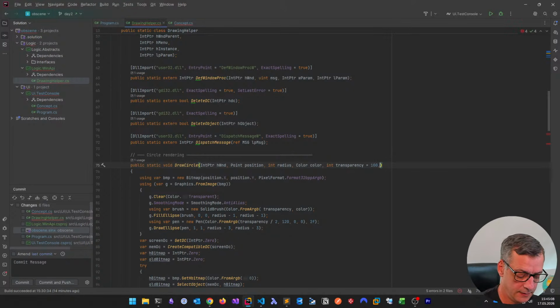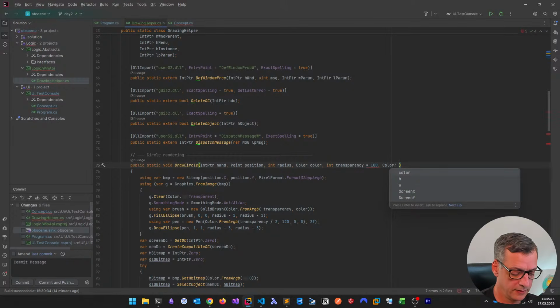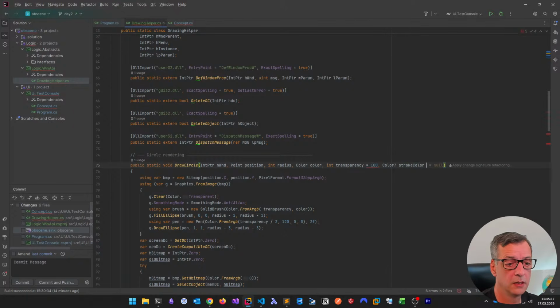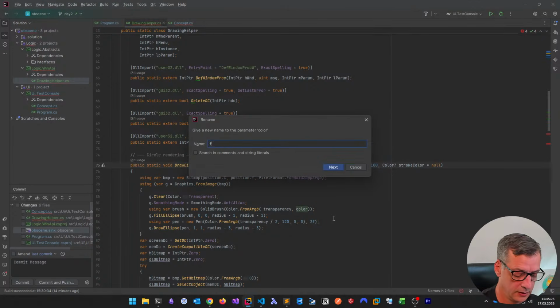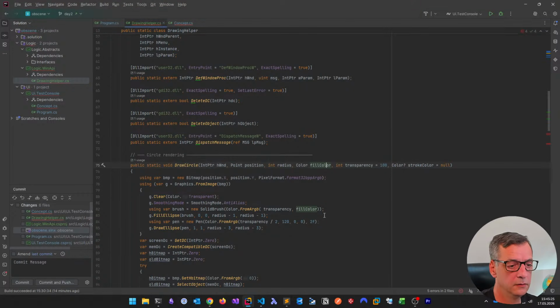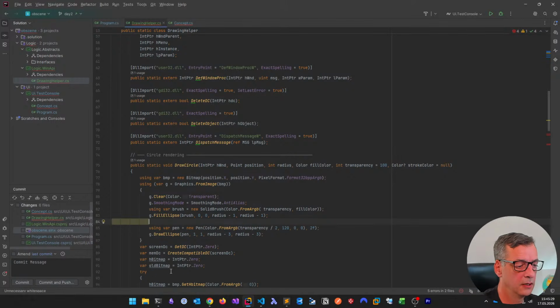Color. What is that? This is called stroke color equals null, and then this is fill color. So we get clearer and clearer, and then we say if